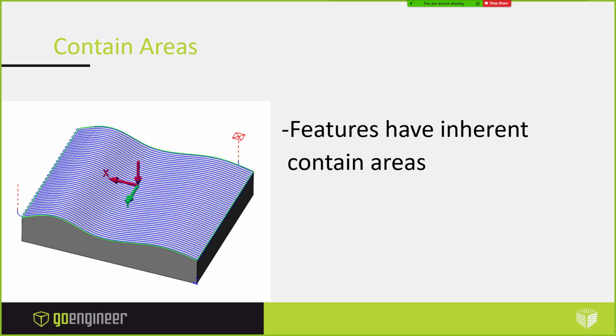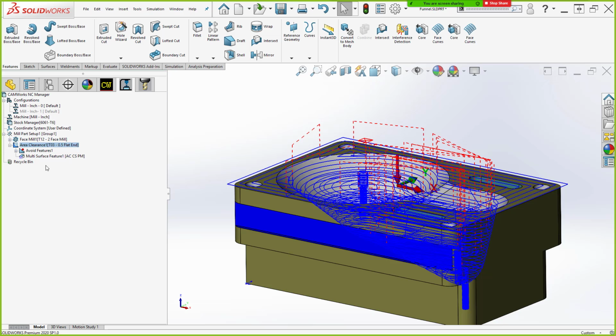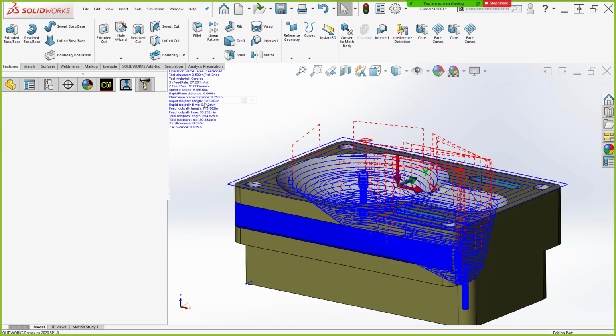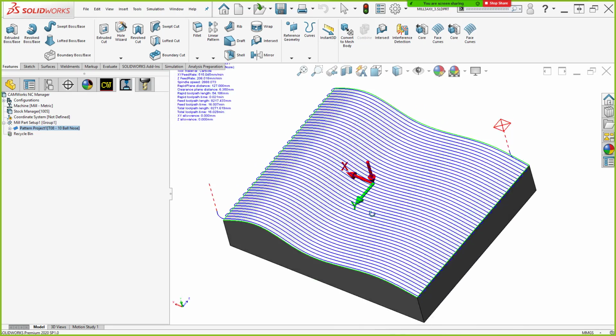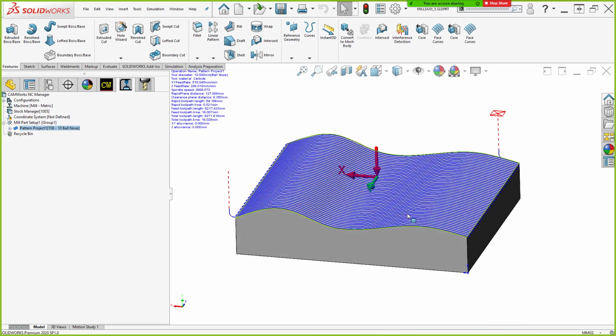Okay, one more thing on contain areas before we jump back into that funnel part. Features have inherent contain areas. Why does a toolpath stay where it is without me adding contain areas? Where does it think its limits are? So let's jump in and take a look at it. Got our last part here, which I've done a multi-surface feature on again. And I'm just going back and forth, and see how it stays true to the